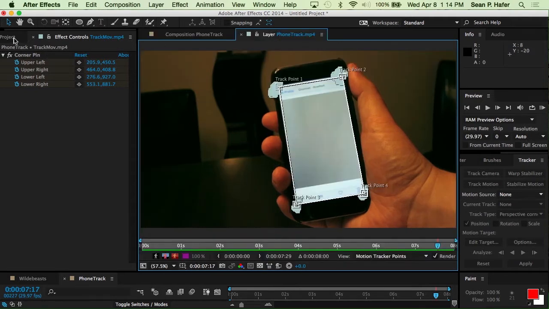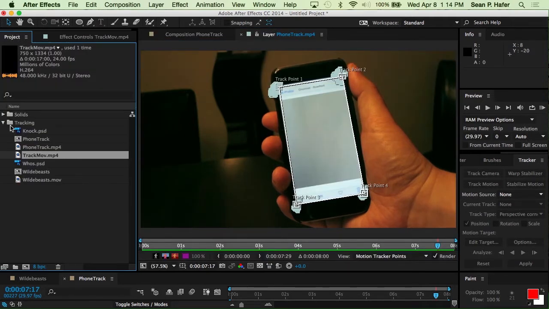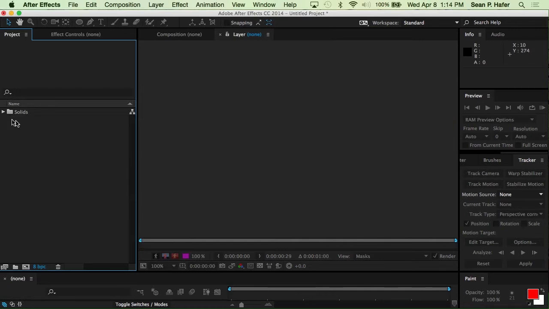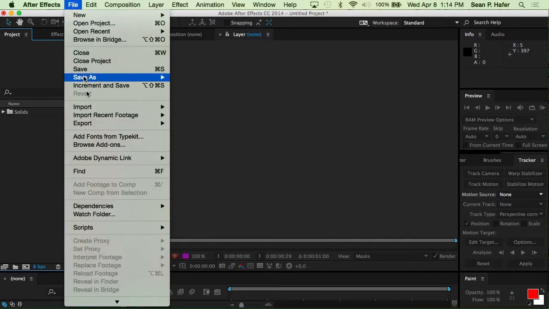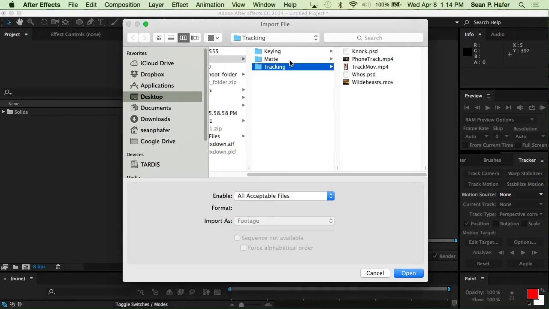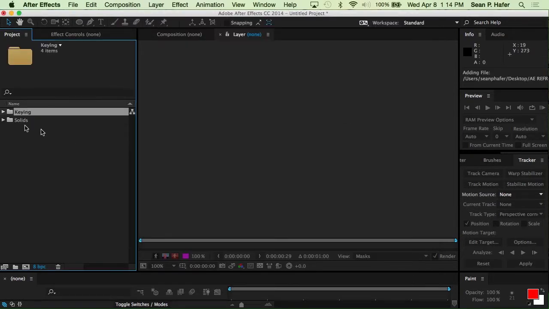Let's get into some keying. All right, so I'm going to go ahead and kill my tracking folder, just so we're nice and clean here. Now I'm going to go ahead and import another file. We'll grab the keying folder. All right, so we've got